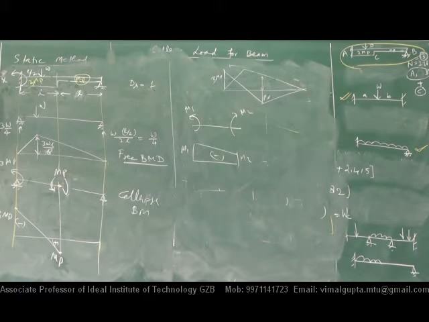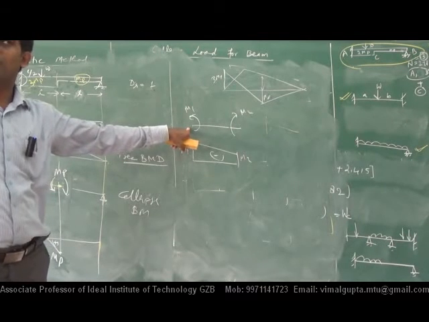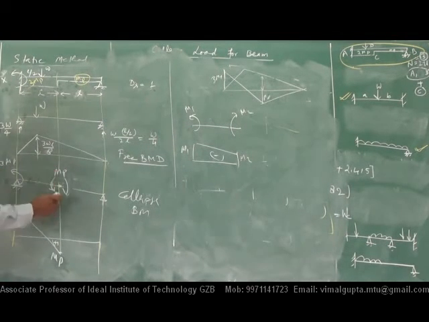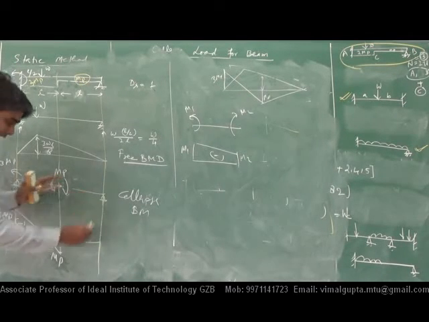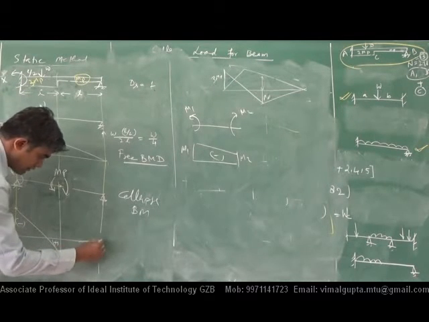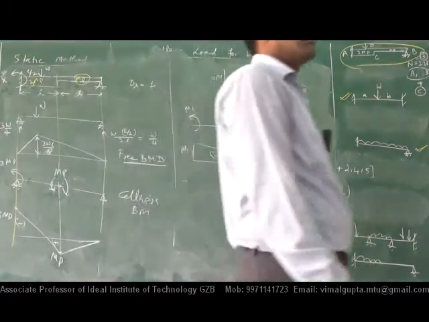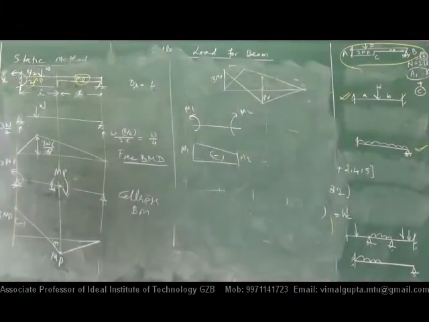Clear to everybody? Do you know the BMD? So what will be the BMD for this one and that one? This shape we will have. Now, bending moment for that is 0. So this is the BMD for the redundant only. This is minus, this is plus. The sign going up or down doesn't matter.